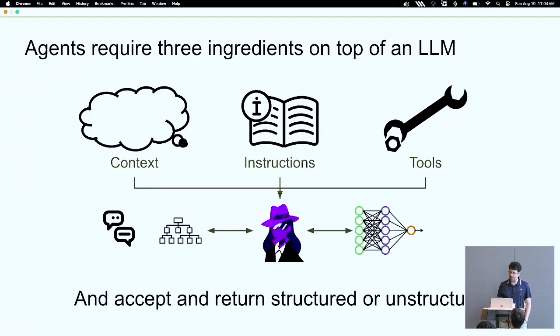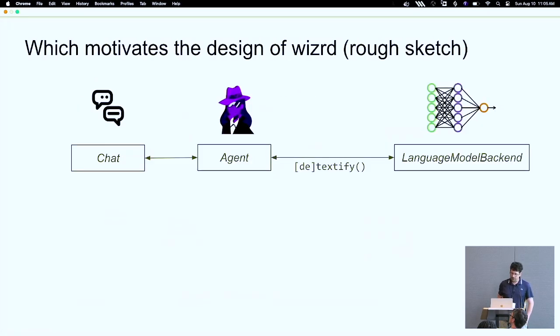All right, so just taking a step back and thinking about how we would build one of these agents, it really depends on having the right context, instructions, and the tools available for it to do its work, and then it can take whatever you're talking about and leverage an LLM to interpret the language and to produce language and implement logic with these tools and all the context available to it, and then accept and return either structured or unstructured data. So this is how I had conceptualized the design of the package.